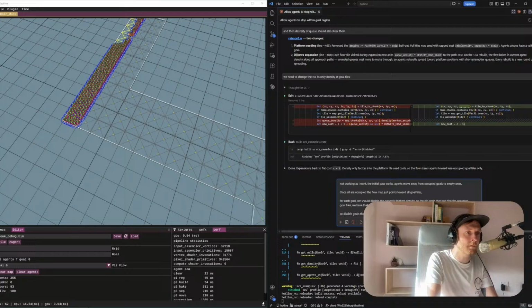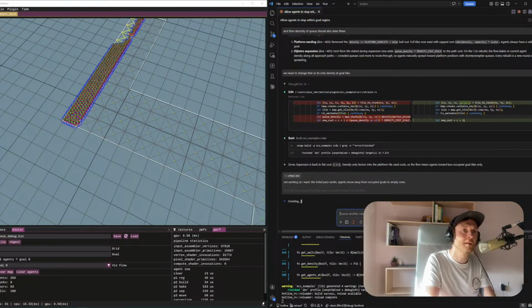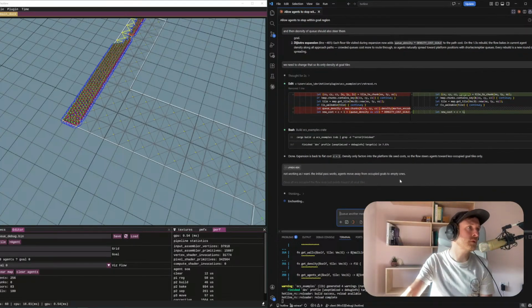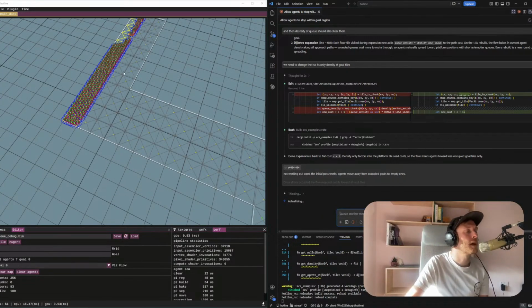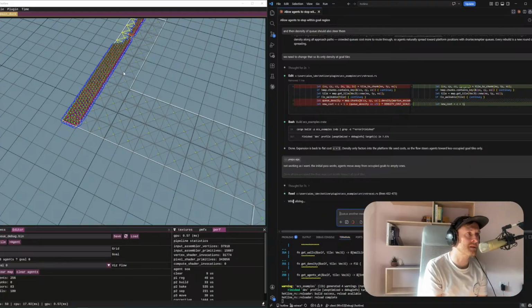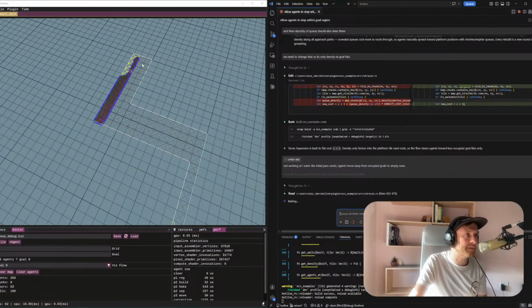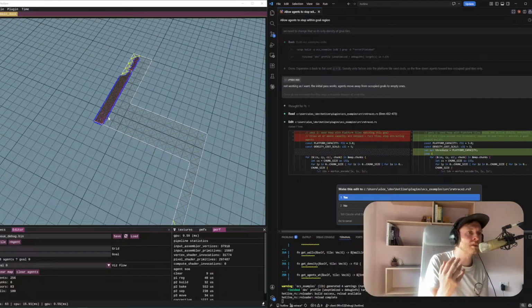So wait, disable goals that don't reach threshold. Once all goals reach threshold, we double threshold. Something like that. So then we'll get better uniform density, and once I have that, then we can think about spreading out, because they don't need to be densely packed, or the goal platform region could be bigger, or you look at your neighbors and so on. So I think realistically, if we can get that uniform density there, then we can go, okay,